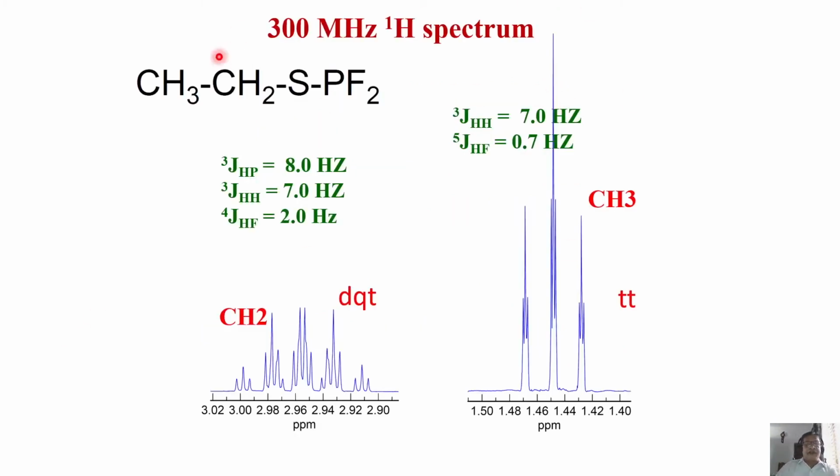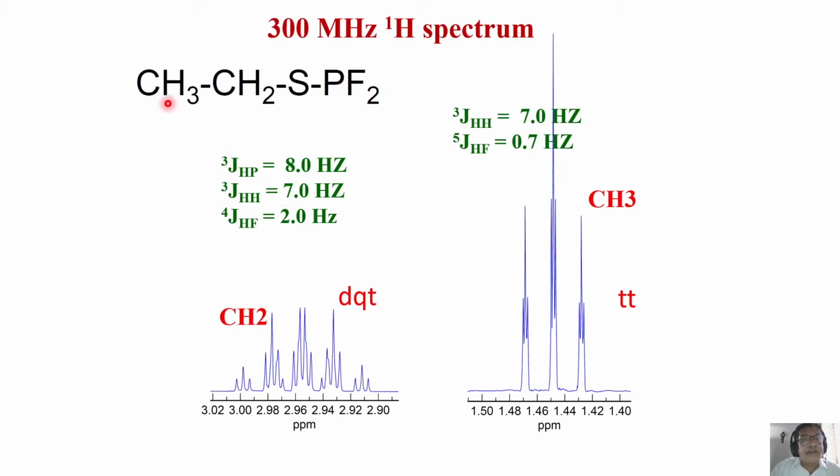Let us look at the spectrum of this molecule: CH3CH2PSF2. Now, observable NMR nuclei for detection, we have three here. I'm not bothered about the sulfur. I'm looking for phosphorus, fluorine and proton. All the three I'm seeing. I have a CH3 group, I have a CH2 group. Forget about sulfur, but it is in the molecule. I have phosphorus and fluorine. As far as I am concerned, there are three abundant heteronuclei. Remember, abundant. All this coupling can be clearly seen in the spectrum.